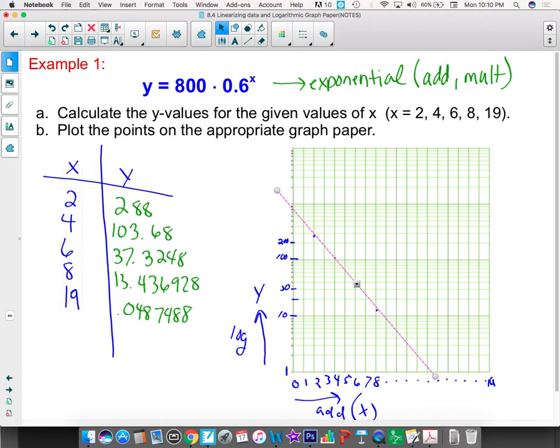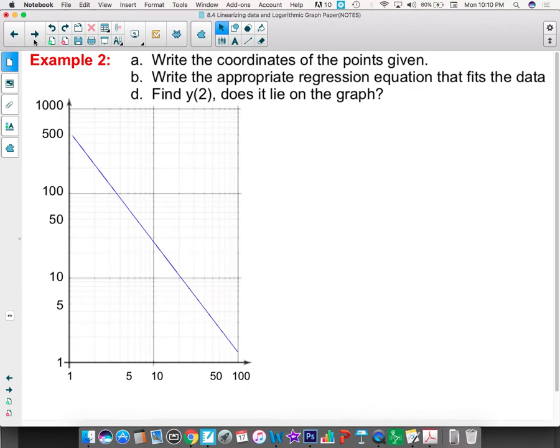Okay, so for the next one, we are given a graph. So write the coordinates of the points given, write the appropriate regression equation that fits the data, find y of 2. Is it on the graph? Okay, so when we're looking at this, we have to find some nice points. And it's hard to see on the projector, so I'm going to kind of use my paper here to see it. But you're going to be looking for, that's my dark line, so this is 5, 6, 7, 8, 9, 10, and I got